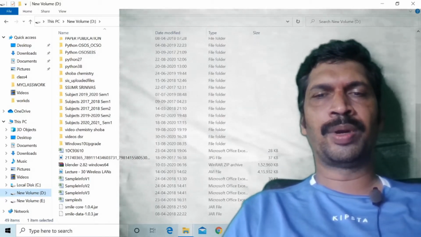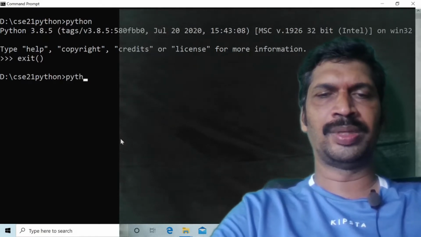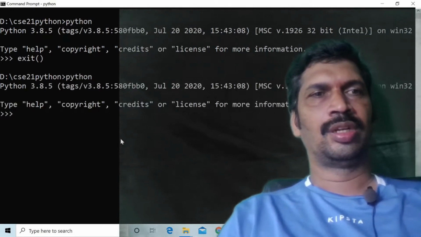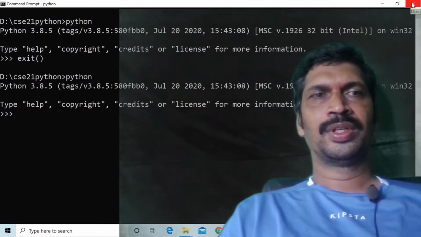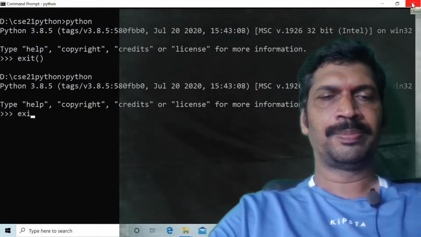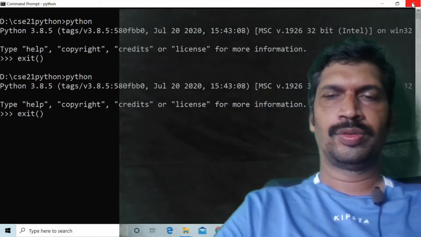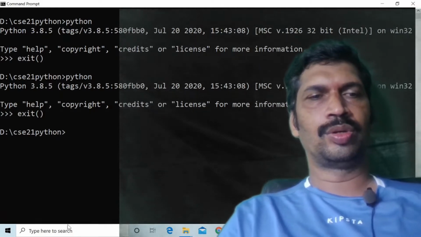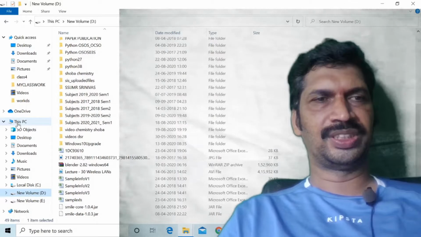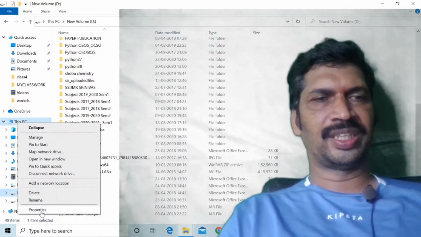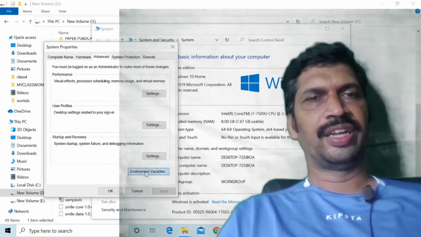In the command prompt, suppose I type python, which version is it? Now Python 3.8 is running, the Python 3.x version. Now I want to run Python 2.7. What do I have to do? This is the process. Go to This PC, properties, advanced system settings, environment variables.